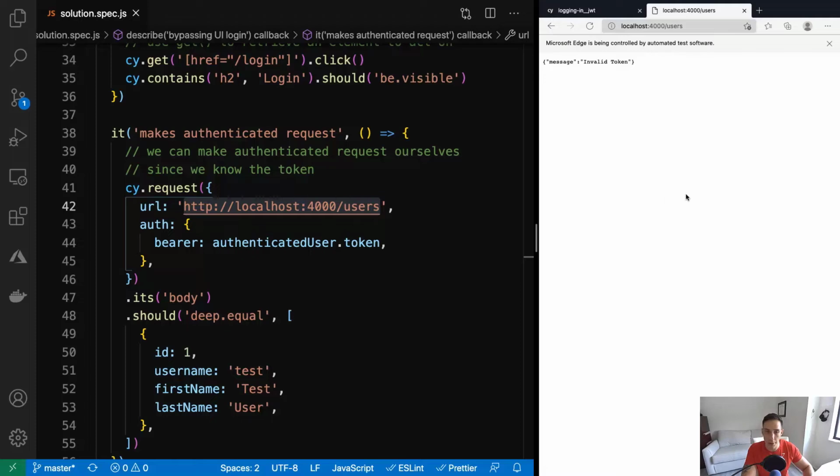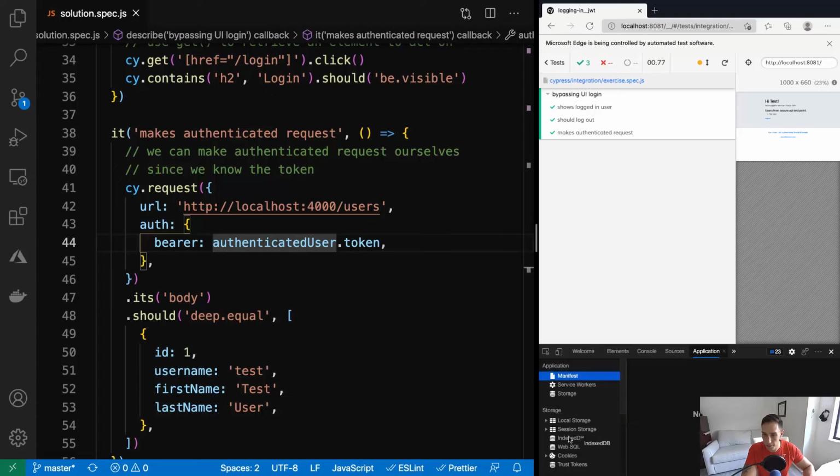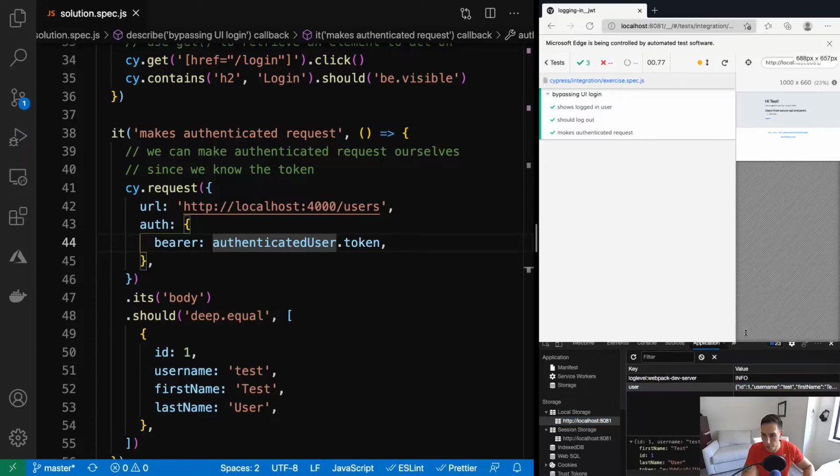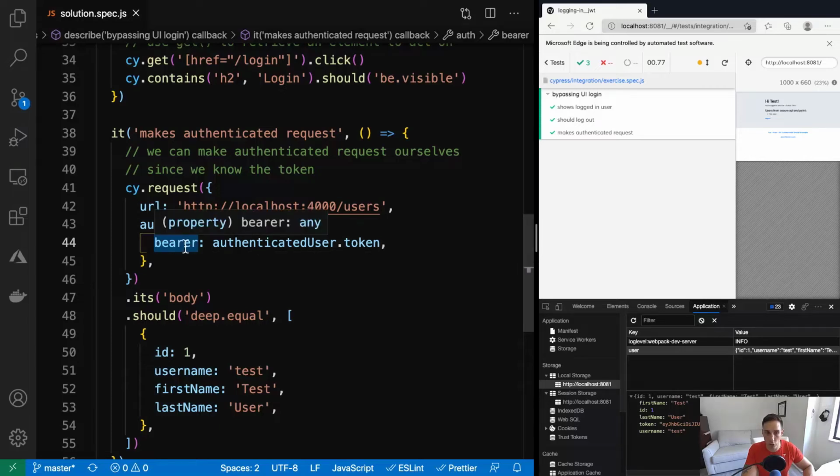Oh no, invalid token. Yeah, that's because the token is only valid in that tab. The bearer token is only valid in the tab, which I've shown you all before. That comes from here, from this user. That's the token that's being passed in. And when we make the web request, we set a bearer token. So you use authentication, and then you put in bearer, and then this is the key, and then this is the value. And so then this will allow you to access a bunch of different stuff behind the scenes